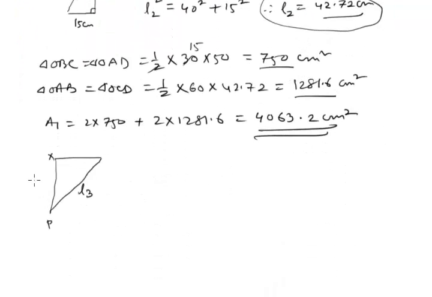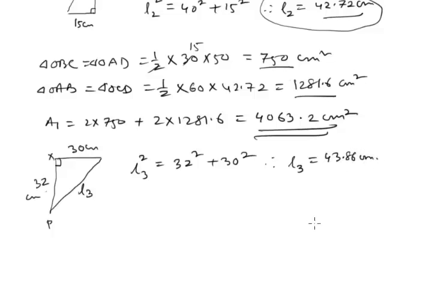So this is 32 centimeter and this is 30 centimeter. From here, this is a right angle, so we can find the slant length L3. L3 square equals this square plus this square, so 32 square plus 30 square. If we calculate, we will get L3 as 43.86